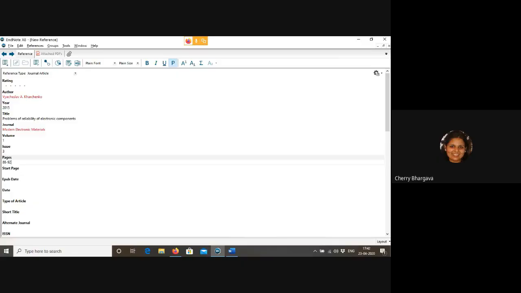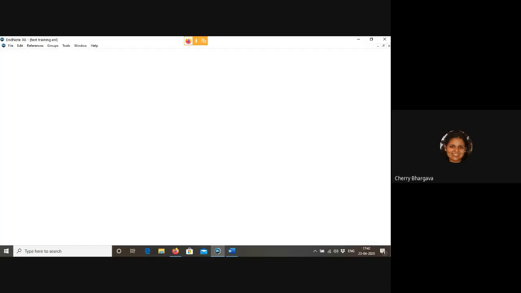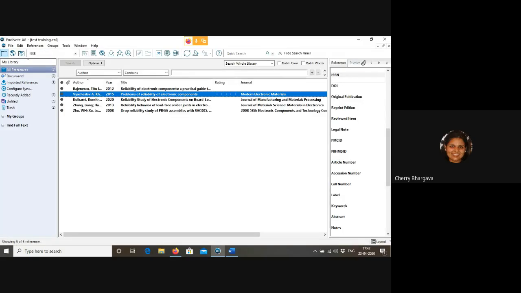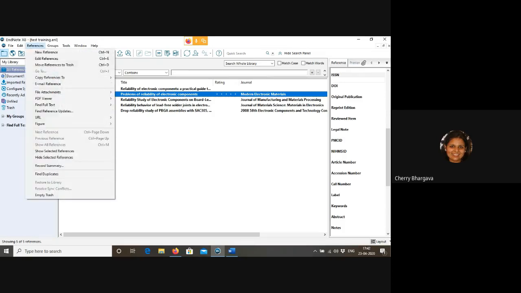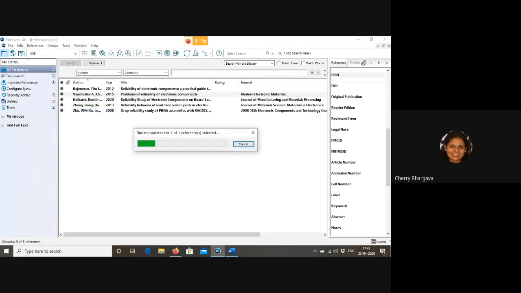Now look at that electronic component, and after that you can close the window, not from the main top; just beneath that there is one more close button. So click on that particular one so that this new entry is going to be closed. Now look at that. It's reference number 2 in my library, and I'm again going to the References option and trying to find whether any updates are available with respect to this one or not, because I have added this particular reference manually. So there might be some chance that some of the information is missing in this particular reference.